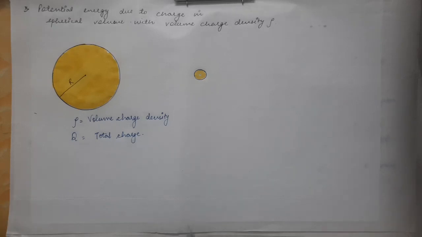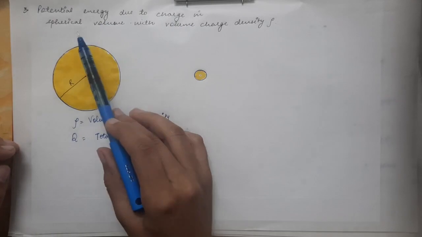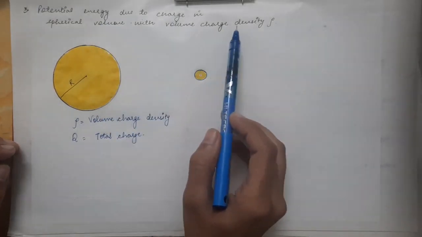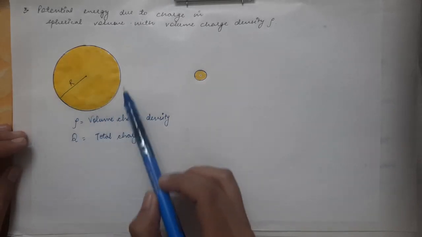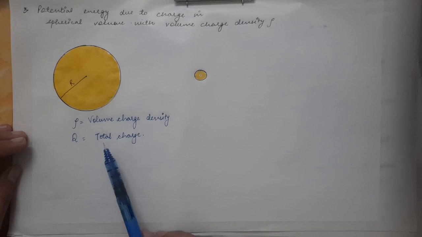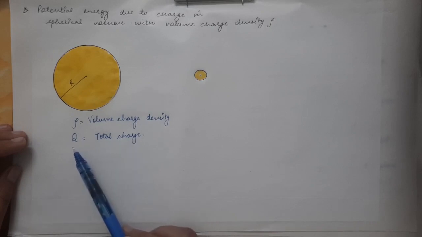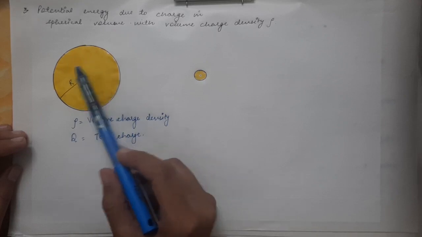So students, now we are going to see how to find the potential energy due to charge in a spherical volume with volume charge density rho. So now we will have a spherical charge distribution of volume charge density rho whose total charge is equal to capital Q. So now we are going to find out what is the potential energy which is stored in